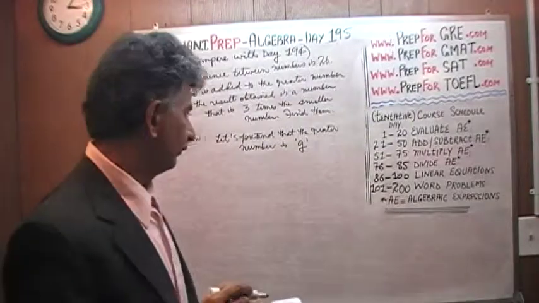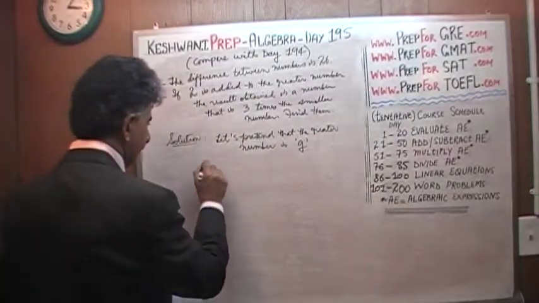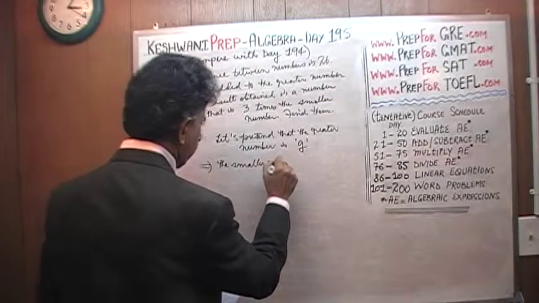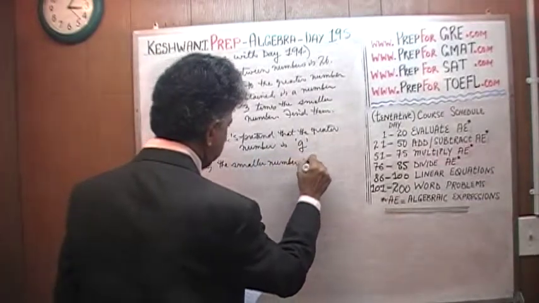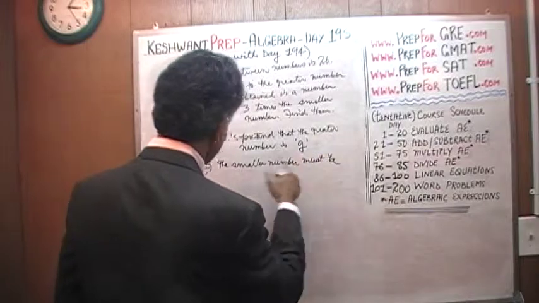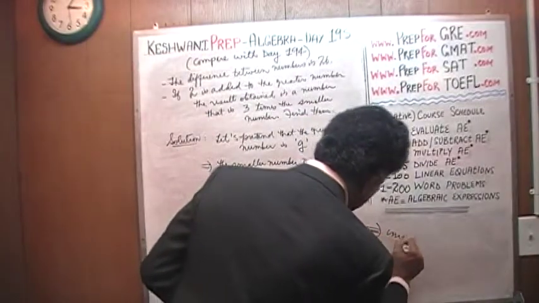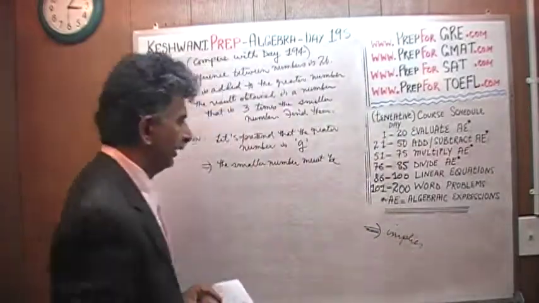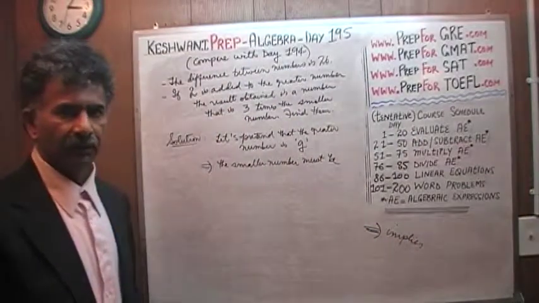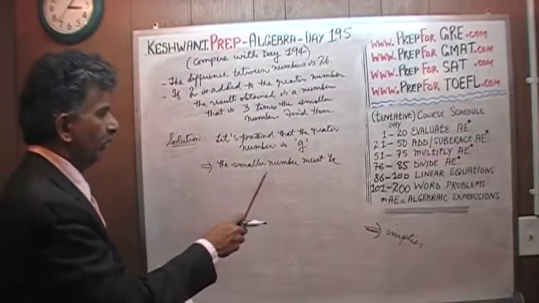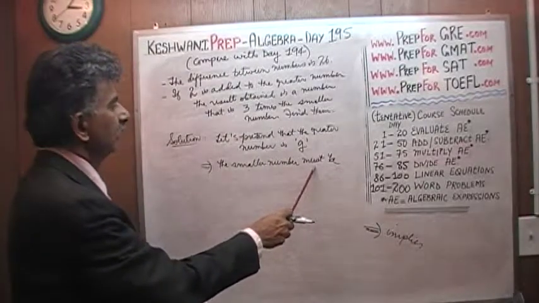If that were the case, then that would imply that the smaller number must be, this means implies, an implication. If G is the greater number, then that would imply that the smaller number must be 26 less